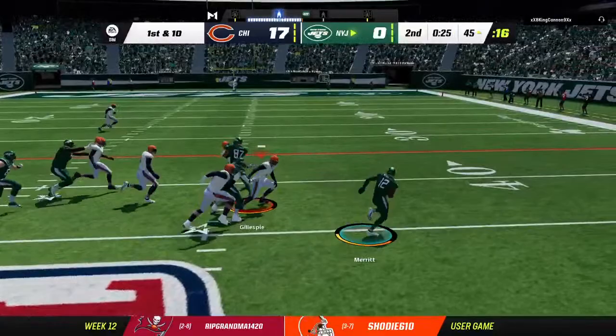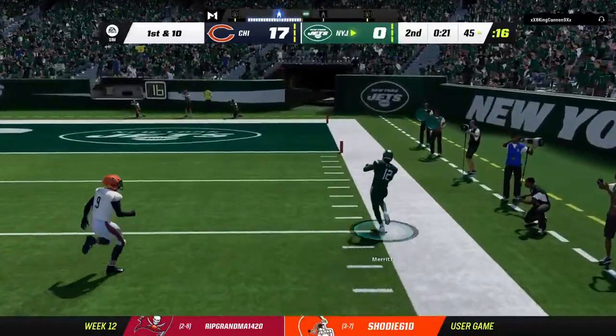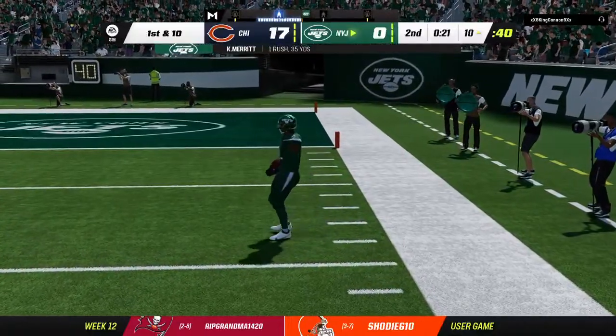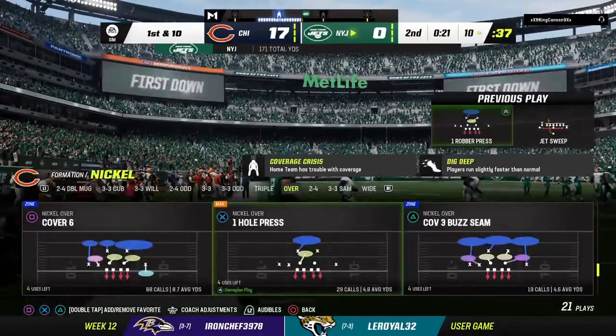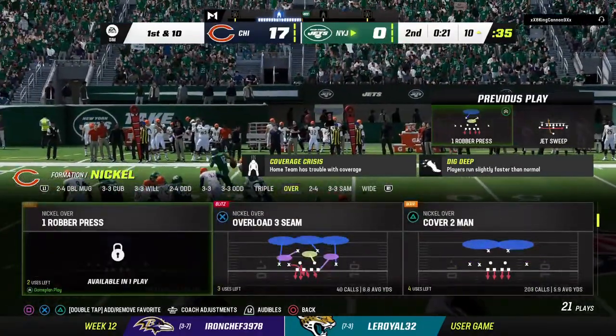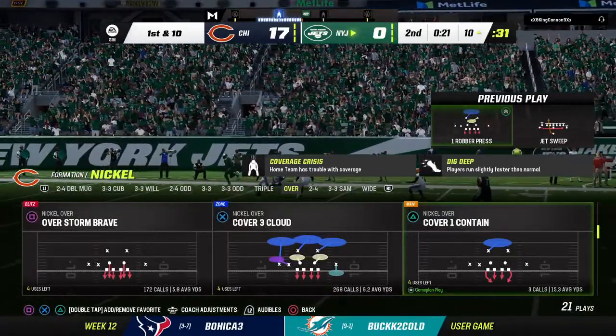Well, they'll run it here on the jet sweep. And some space here. And he is out of bounds right around the 10-yard line. And that one results in 35 yards. Well, for a play that didn't look like much at the snap, that jet sweep turned into a big play